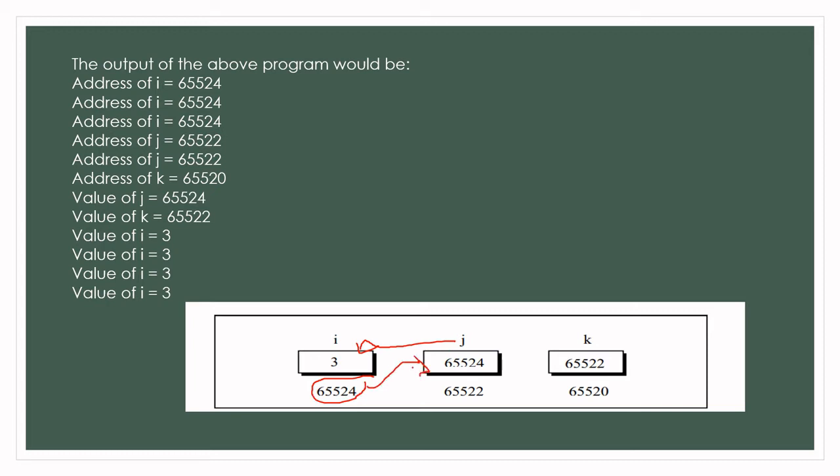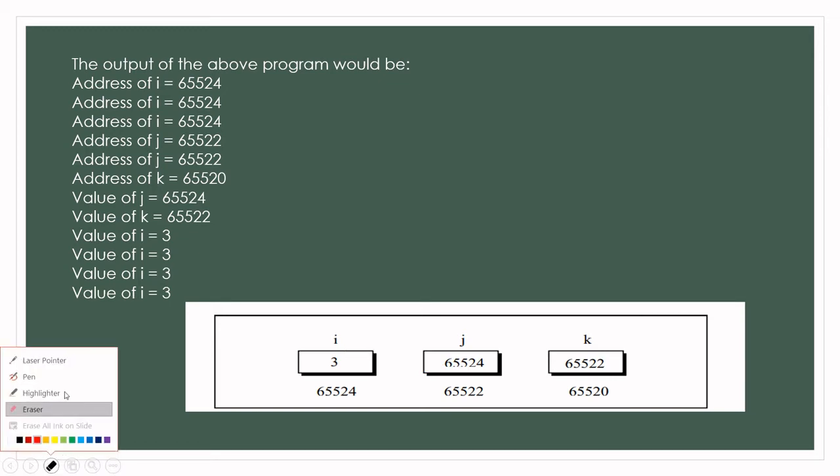So j is equal to address of i, and the value at pointer j means the value at the location j points to, the address of this location. So the value of j is this, and it directs here, and the value stored in this location is 3. So star j is equal to 3 in the sense. Pointers seem difficult at first, but then it's absolutely fine. You'll get used to it.